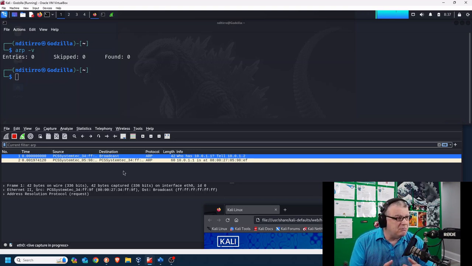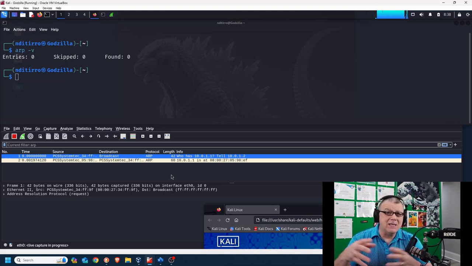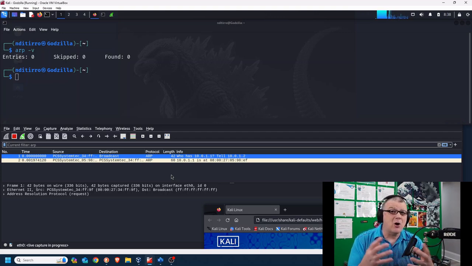So you can see immediately down here, it might be a little hard to read on the screen, Godzilla did an ARP. Godzilla basically said, I need to talk to my router because I don't know how to get to a particular web page. Inside the configuration of Godzilla, I told Godzilla your router is 10.0.1.1. So one of the first things Godzilla did was an ARP request,